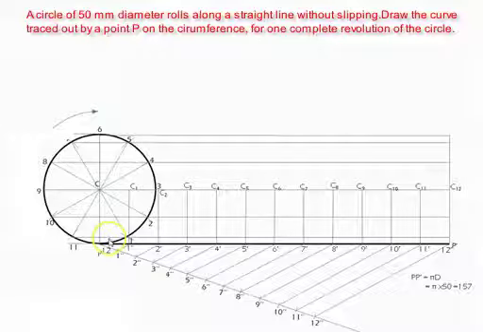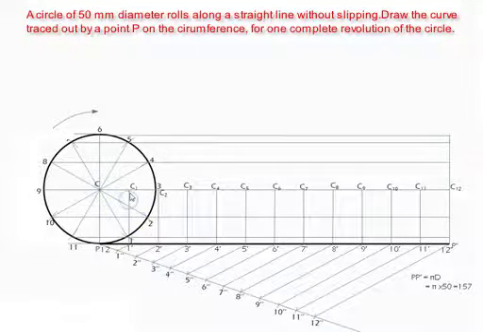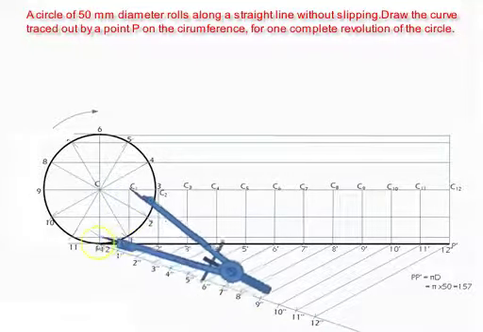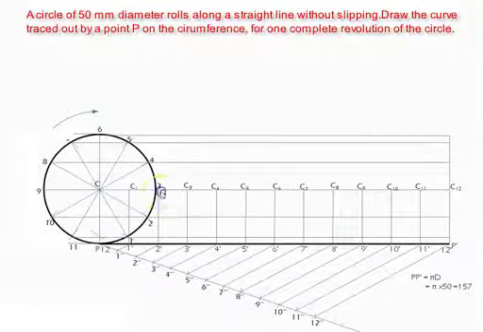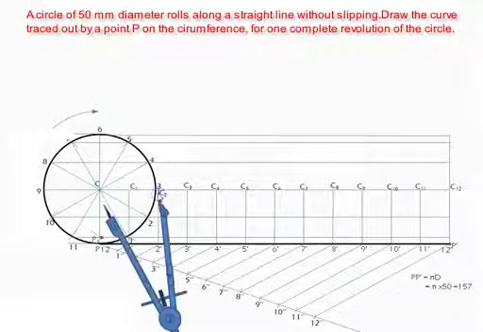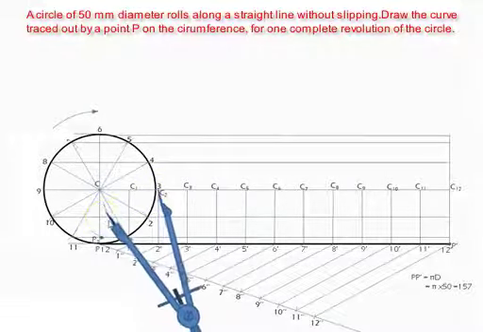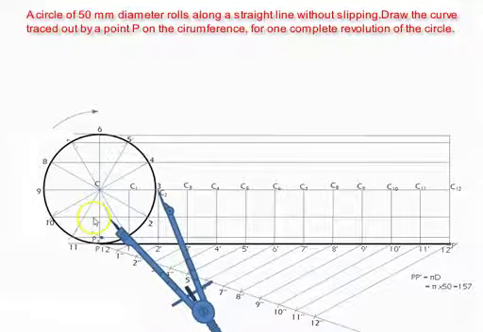So we go for that. You can see over here, with C1 as a center, cut the line passing through the points 11 and 1. That cutting arc gives you the point P1. Similarly, with C2 as a center, cut the line passing through the points 10 and 2, which is the common line, which gives you the point P2.